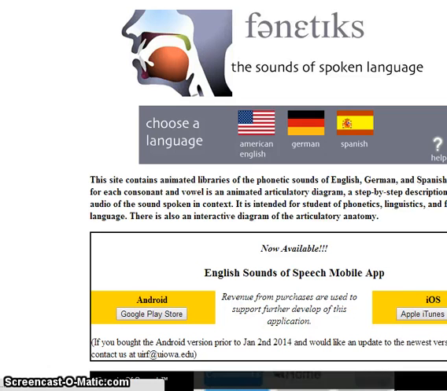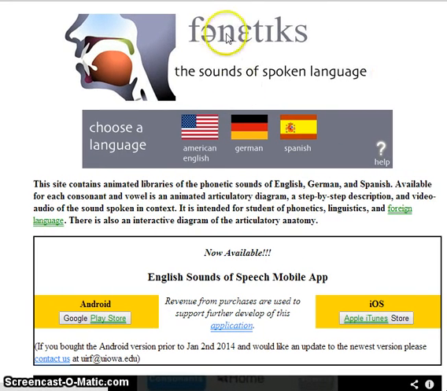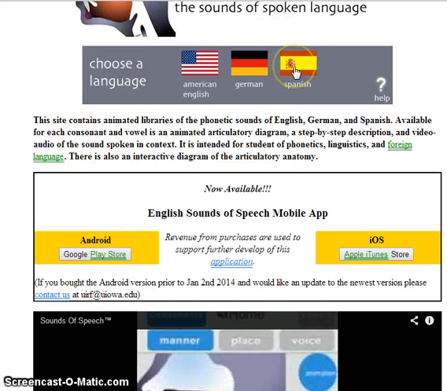So I'm going to click on that, and we end up here. Scroll over a little bit. Phonetics, sound of the spoken language. We are going to choose Spanish, and the one warning I will give you is the website is in Spanish once we go from this point, and so I'm going to translate some of it for you. And if you're even more interested, I've got a paper that I can give you that will help you navigate through. But we're gonna go into Spanish,